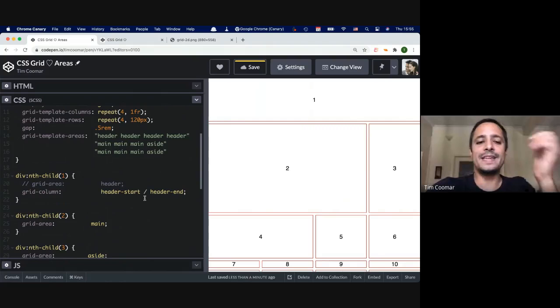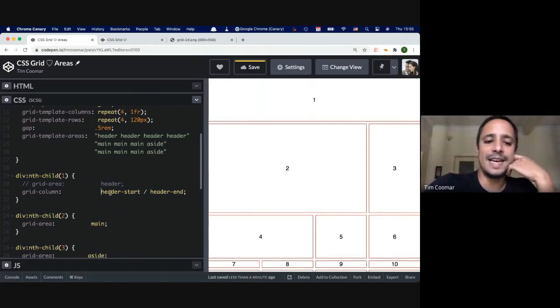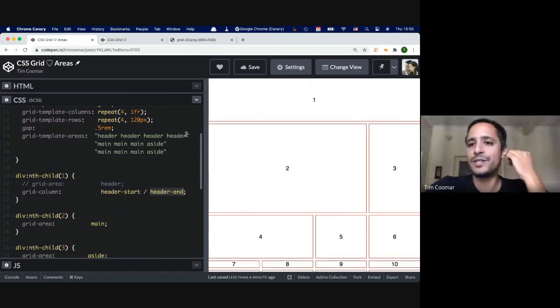So these names, header starts and header end, are automatically generated, and they correspond to the line number that comes here and the line number that comes here. This is actually quite advanced, and I wouldn't want to continue because I think we'll spend too much time on this, and I want to show a couple more examples